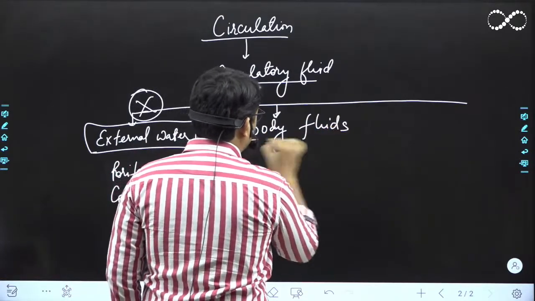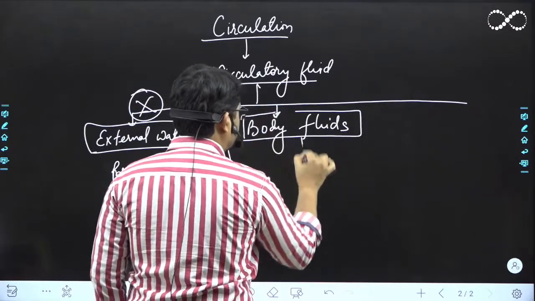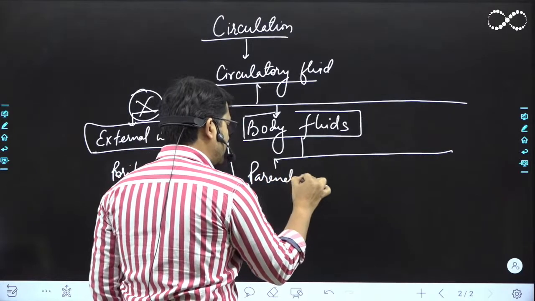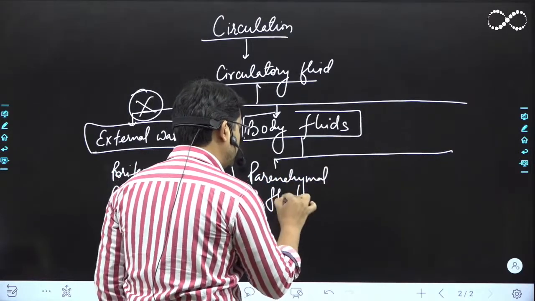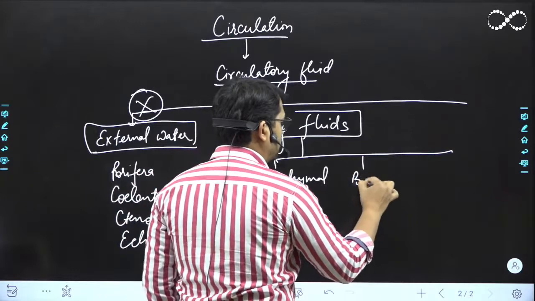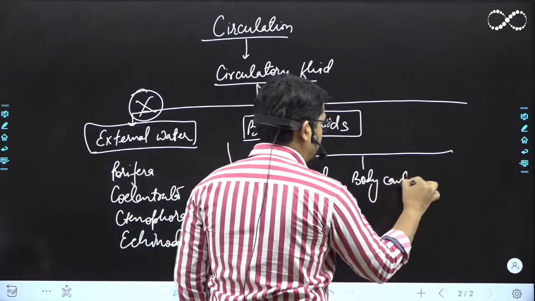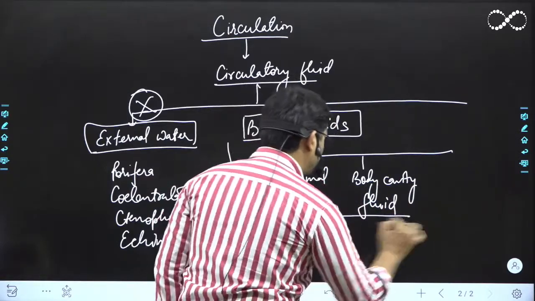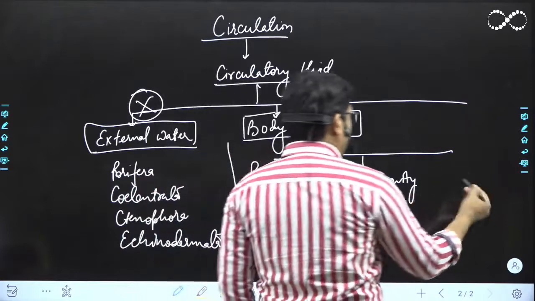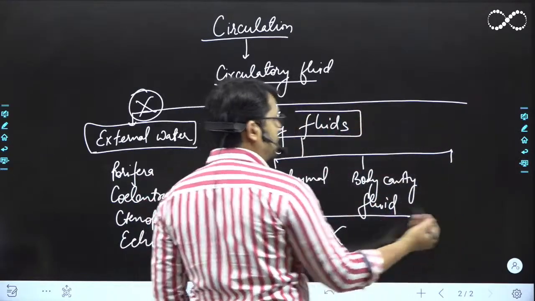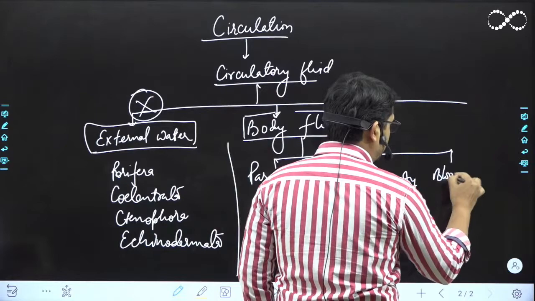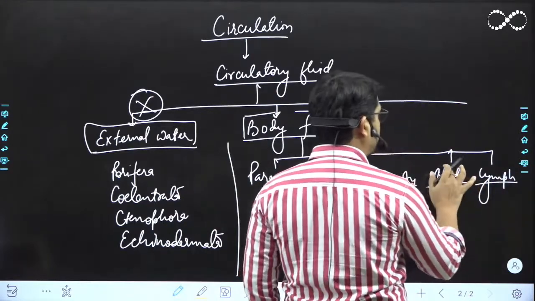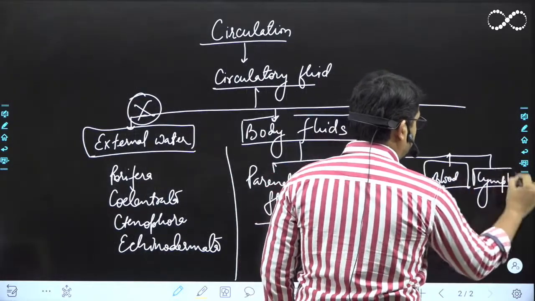Okay, there could be body fluids, and these body fluids again can be of different types, like parenchymal tissue or parenchymal fluid, somewhere it could be body cavity fluid. Again, ये सब कुछ आपको lower organism में मिलता है, इसीलिए इसके बारे में भी हम लोग बहुत ज़्यादा बात नहीं करेंगे. Now, apart from these two, the body fluids can also be blood or lymph. Okay, and this is what we have to really study: blood and lymph.